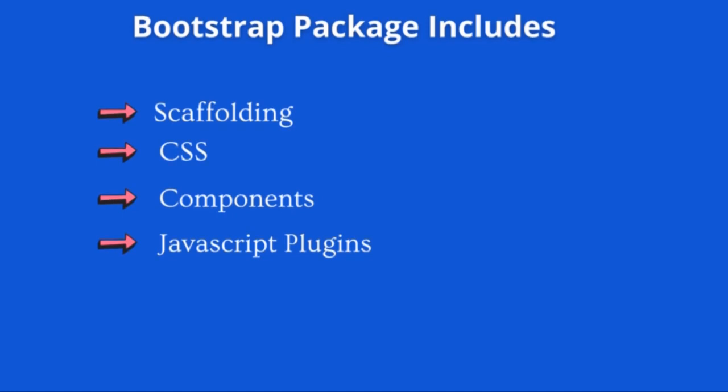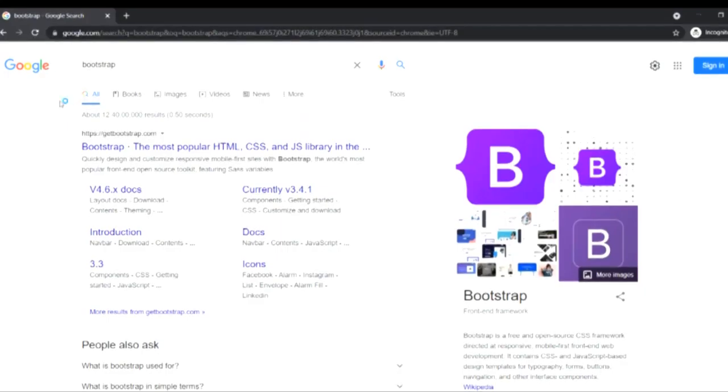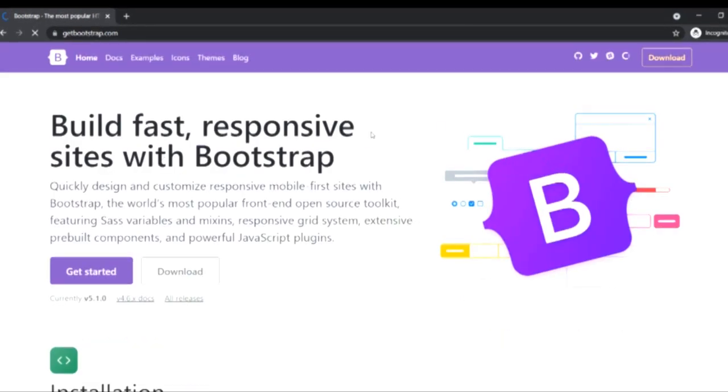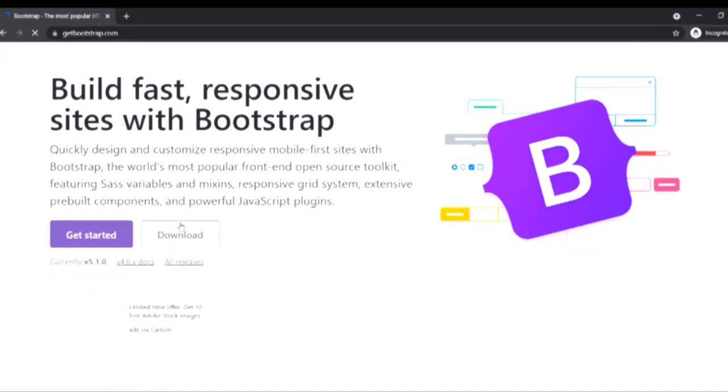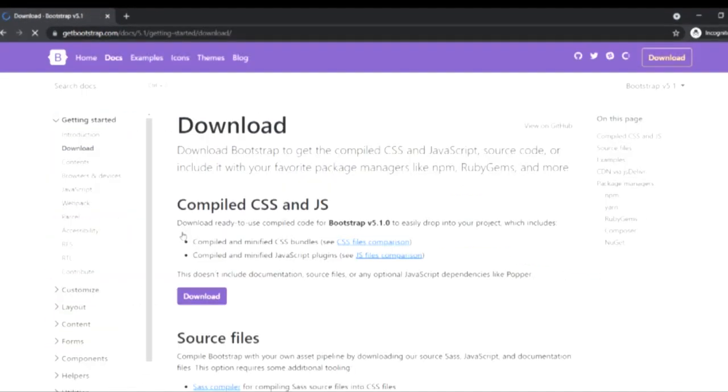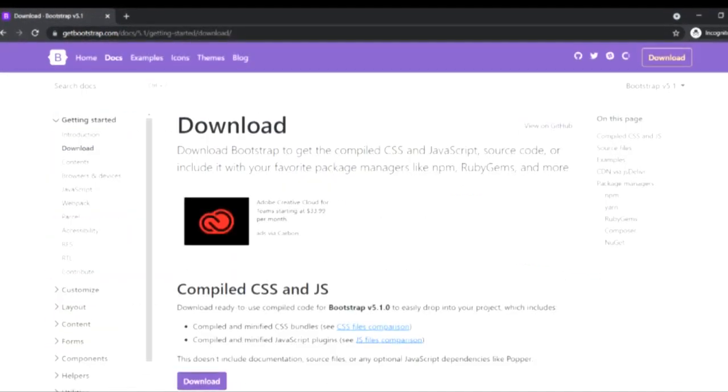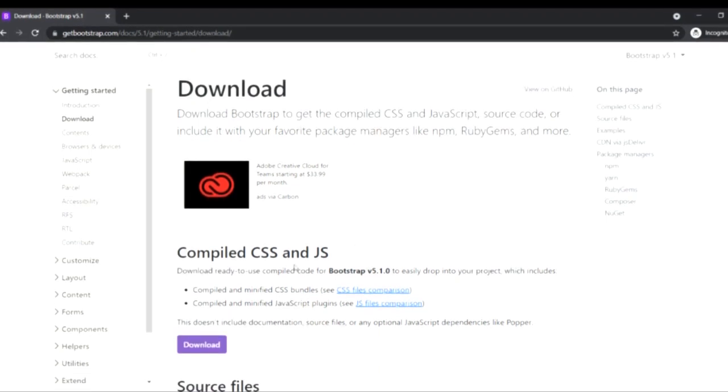So let's start working on the environment setup now. To get started with the environment setup of Bootstrap, first of all, I'll have to come to the official website of Bootstrap, that is getbootstrap.com. And here on the home page, you will find a link for downloading. As soon as I follow this, I'll get a number of options to download and to set up the environment